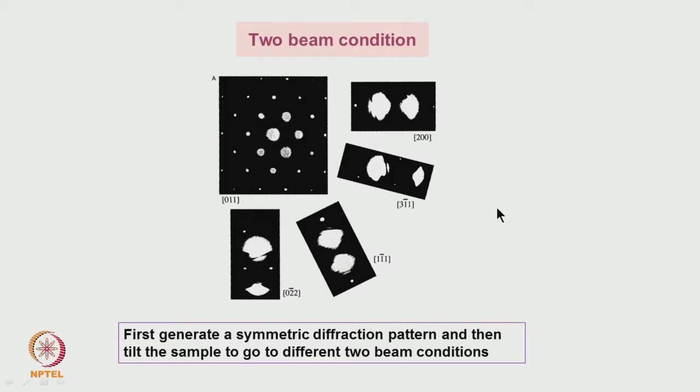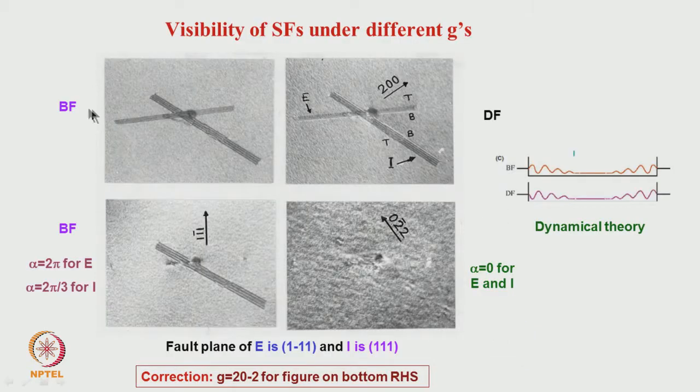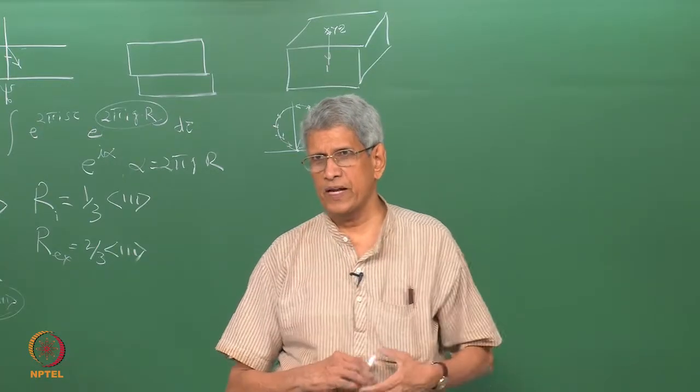If we do that, then we will be getting fringes for various reflections. One example I will show you is here. You see that this is a bright field which is imaged with a G which is 200. This is a dark field of the same stacking faults, imaged with G200. This is a transmitted beam, that is a bright field, and a dark field of the same. Now you can make out that if you look at the top and the bottom, the fringe has the same intensity, but the fringe is there, correct.